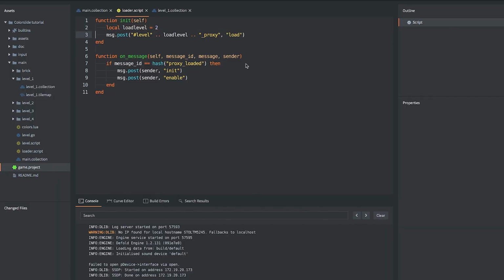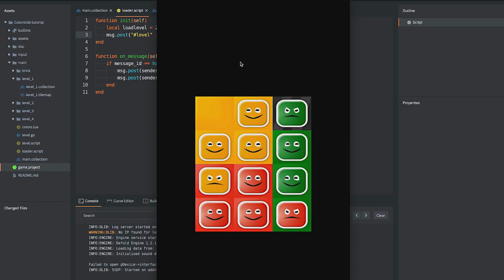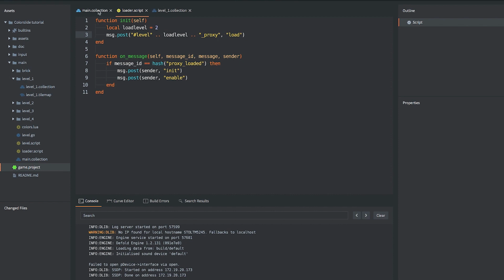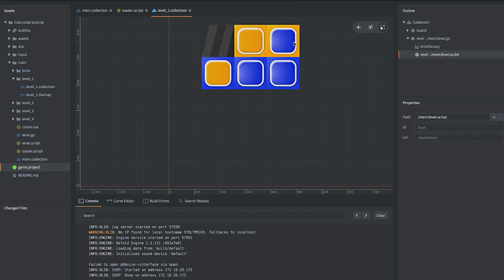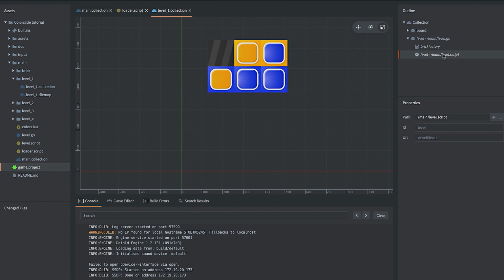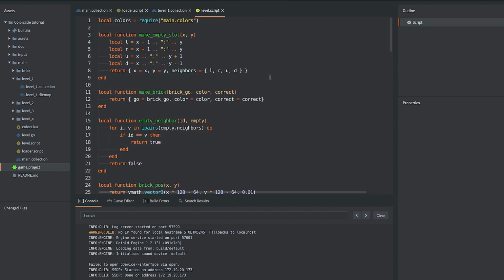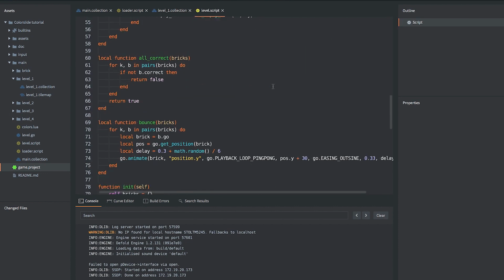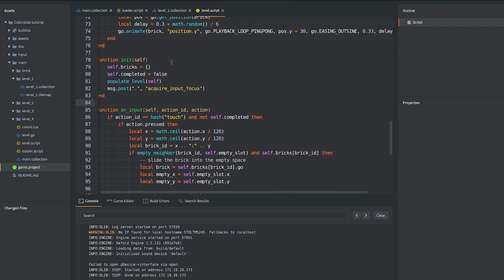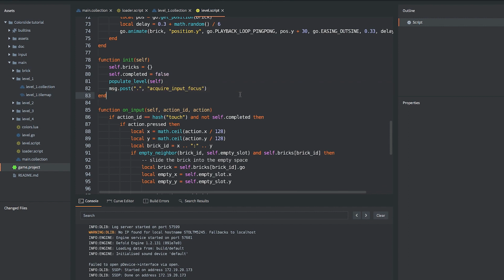just altering this variable. What we do have is one problem left: I can't play this for some reason. When I click here, nothing happens. Oh, because of the input. Yeah, we have an input problem, and if we look at the level script that is being included in all these level collections, if you look at the init function, we see that it actually acquires input focus here. So something fishy is going on,